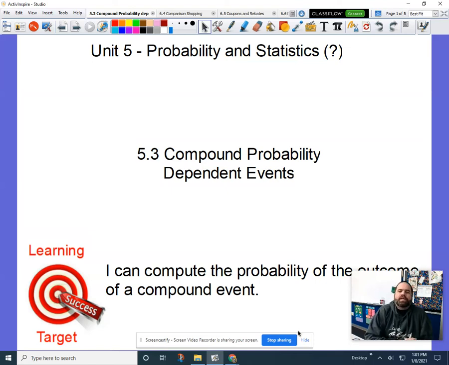All right, so this is where it's going to get just a little tricky with what's called dependent events. That is where what happens in your first event directly affects what could happen in your second event, such as the example: fan out a deck of cards, pick a card, any card. Well, if I had you pick a card and then I went to the person next to you when they pick a card, if you don't put yours back, the number of cards in the deck has changed when they